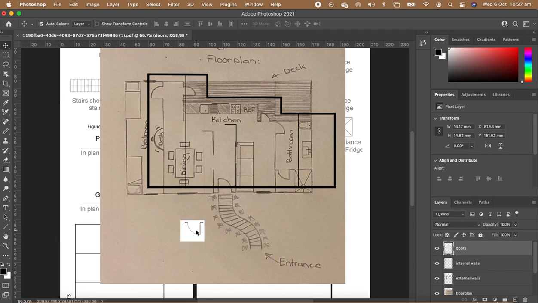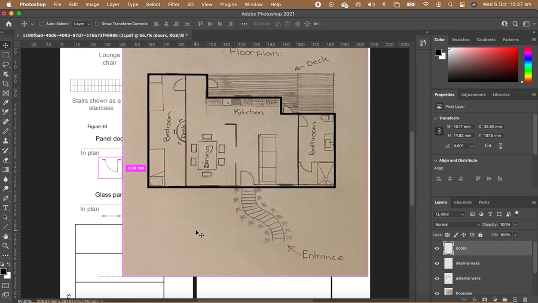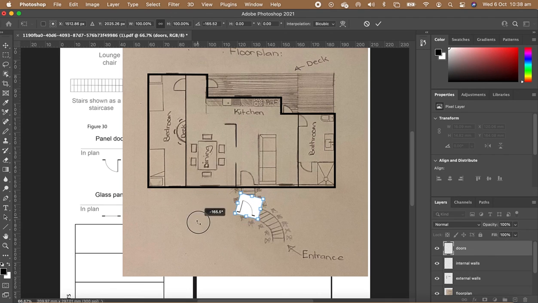All right. Whoops, wrong layer, let's go back. Okay, so it's pasted right directly on top. I couldn't initially see it. You can press Command T or Control T and then you will definitely be able to find it. And then you literally have to go in and place all your doors in the correct spots as much as